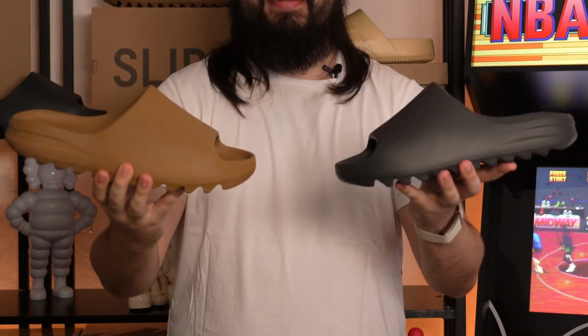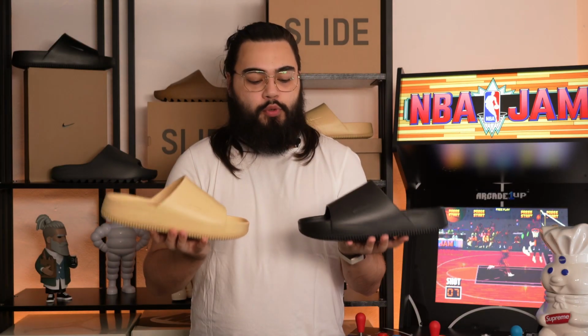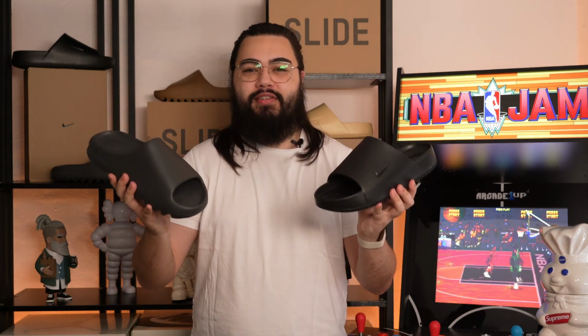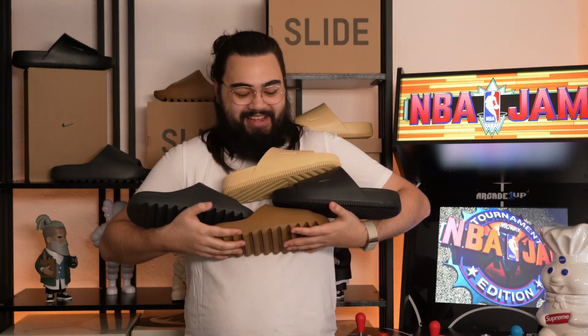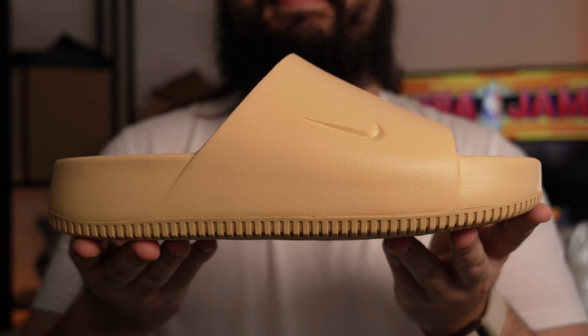The Yeezy slide, the Nike Calm slide. Which is more comfortable? Which is more affordable? Which is the better slide? Let's talk about it. To get right into it, the Yeezy slide has a £60 retail price, whereas the Nike